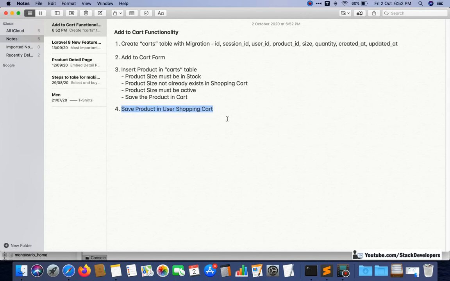I think it is visible to you. Save product in user shopping cart. So in this one there are two ways to save. Well, not two ways exactly.